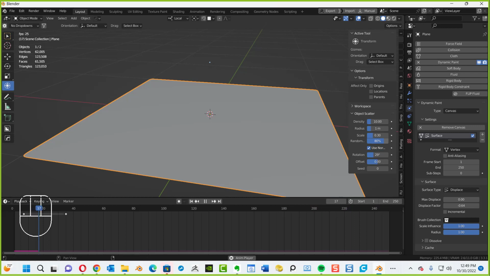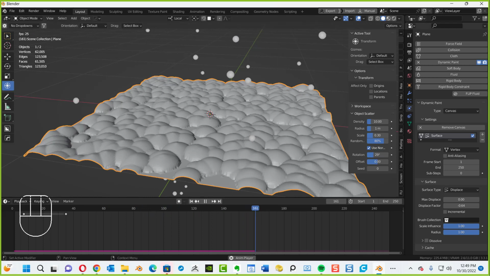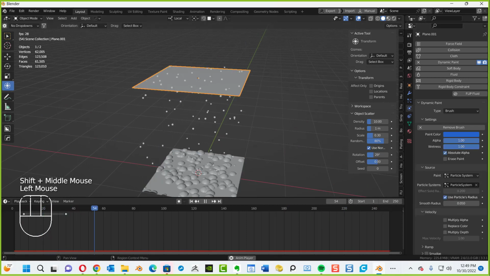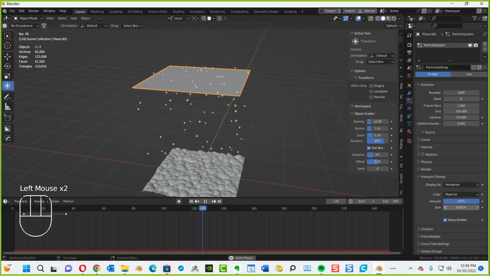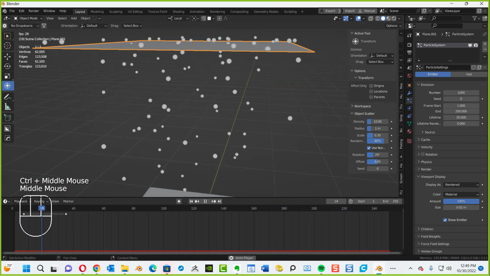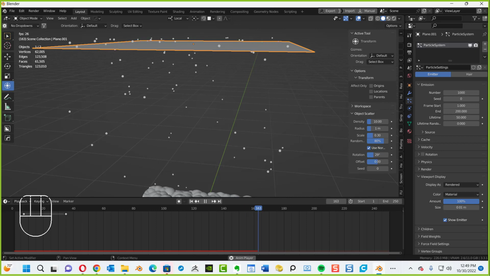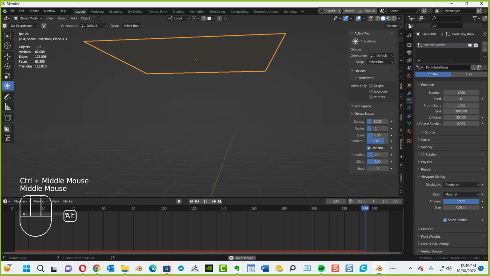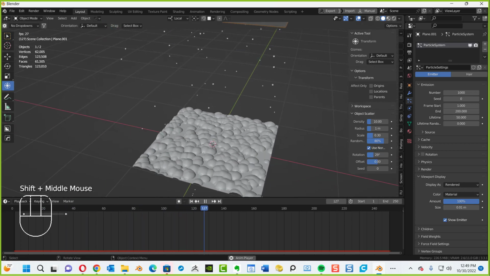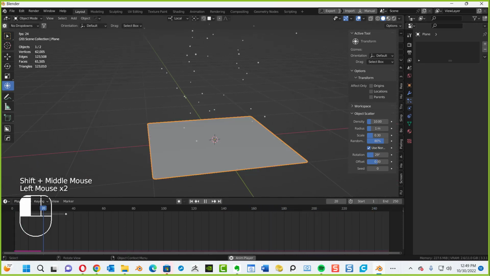Let me see if I can decrease something here. So if I go back to my particle, and go back over to the actual particle systems and go to my viewport display, let's bring down the size of the particle even smaller. I'm going to hit my shift key and drag just a little like that. Okay, make it a little smaller. And you can see they all have different sizes. You can see how it's going to build up. Now if I come back to here, the plane,